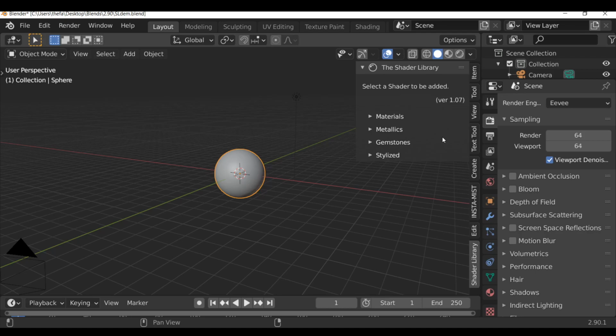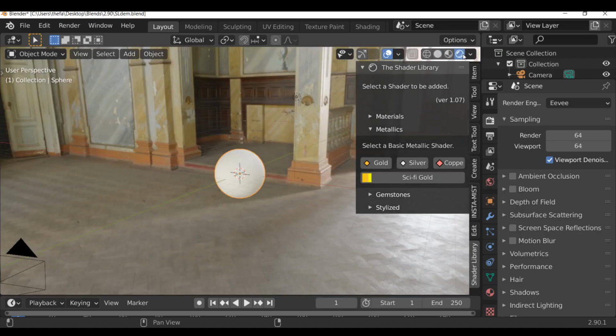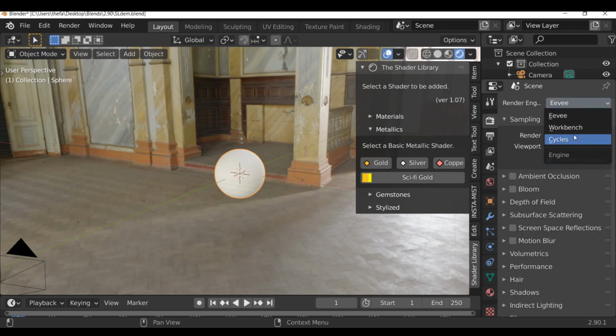So there's a few changes, as I said, under the hood, just some minor things that you might not even notice. But some of the bigger changes, like for example, if we go to the metallics, we can now define the roughness of these materials before we add it in. So before we do that, I'm just going to change this to rendered view. Oh, and by the way, the render engine I'm using is Eevee, but it works better in Cycles, so it's up to you which one you want to use.